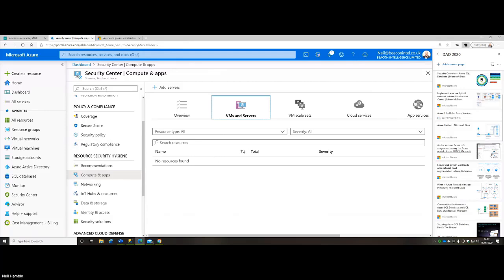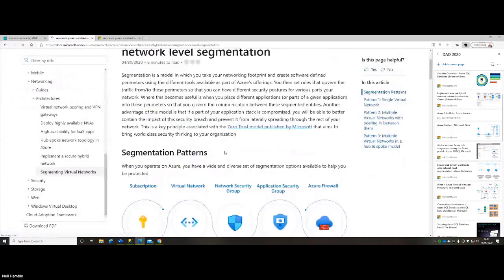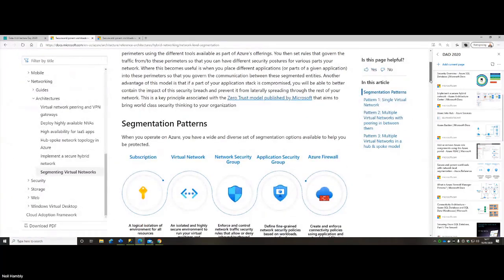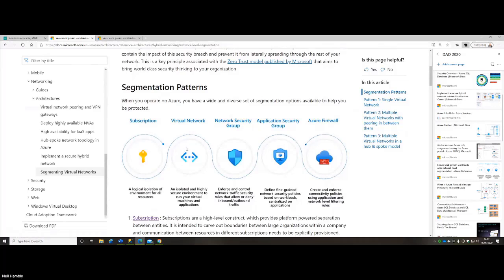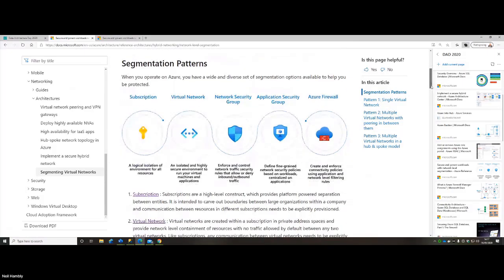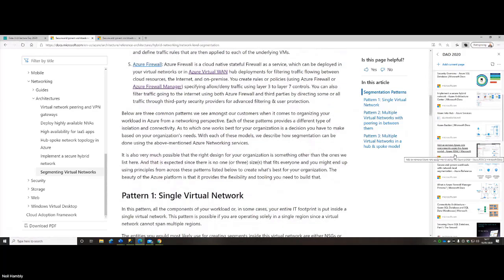Okay, cool. So let's go back to where we were. We're looking at this segmentation. We will go into more detail now, looking at the virtual network, the network security group, application security group, essentially the similar thing, and Azure Firewall. There are some links there, but we'll go down to the next section, which is